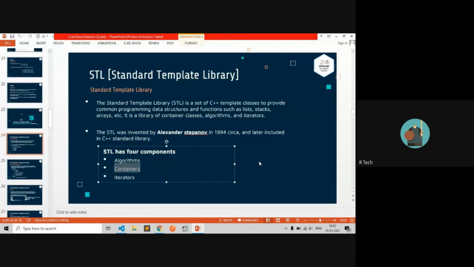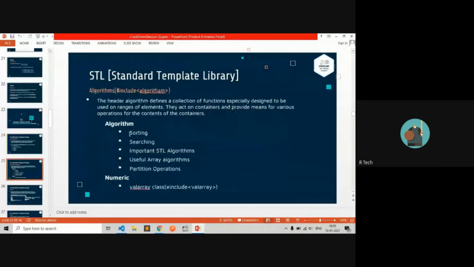If you want to find an element in an array, and that array may be multi-dimensional, then you must build a whole program using nested loops. But what if there is already a function, and by using that function you directly find a specified element from the multidimensional array? This is the concept of the Standard Template Library, mostly introduced in 1994.